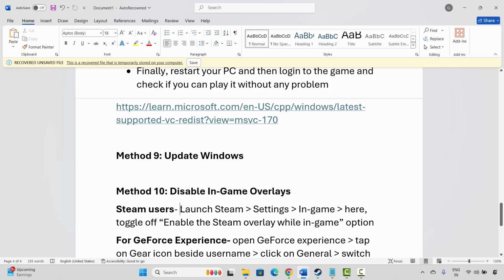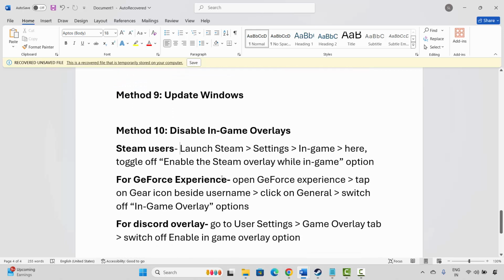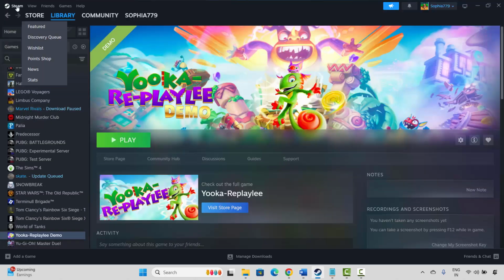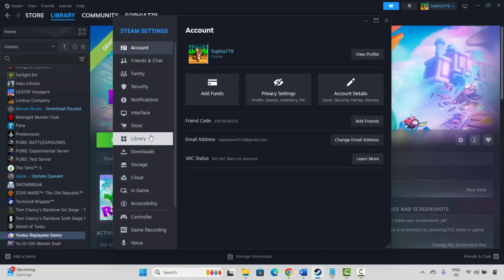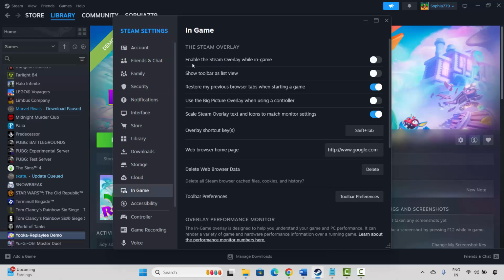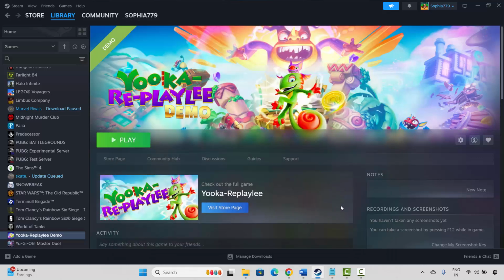Next solution is to disable in-game overlays. So Steam users, go to Steam, under library section. Now here you have to select Steam, then click on settings, then go below, click on in-game, and here enable the Steam overlay while in game option. You can find it is enabled. If it is enabled, you simply need to click on it to disable it, and after disabling, check if the